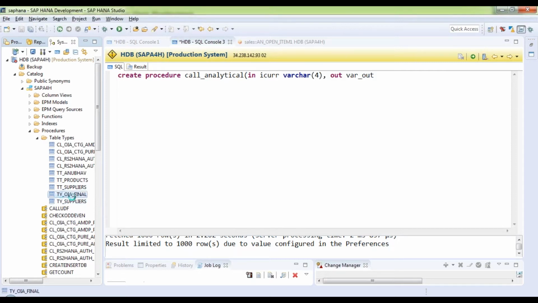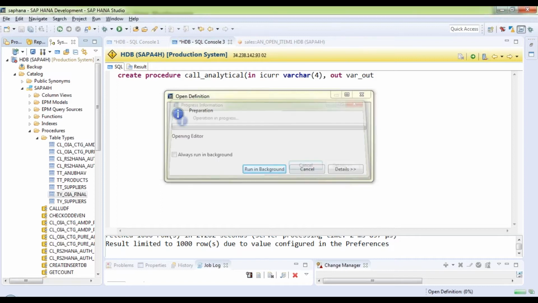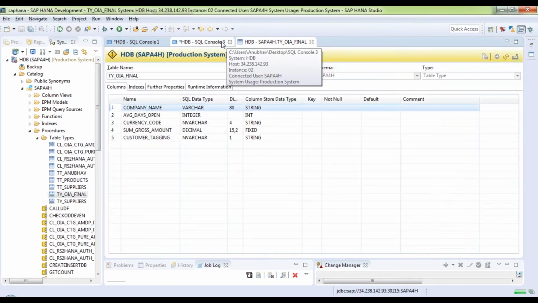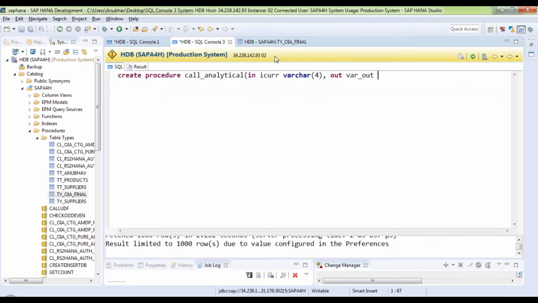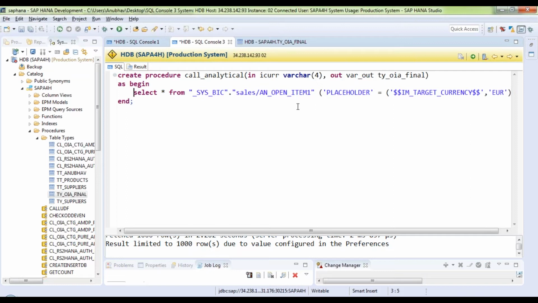This is the table type we created for returning a table of results of our open item analysis scenario. So let's come back. I close this view, and now it's ty underscore OIA underscore final. That's my procedure as begin and then end, and then it's pretty simple. Just copy and paste the query which we had already tested.